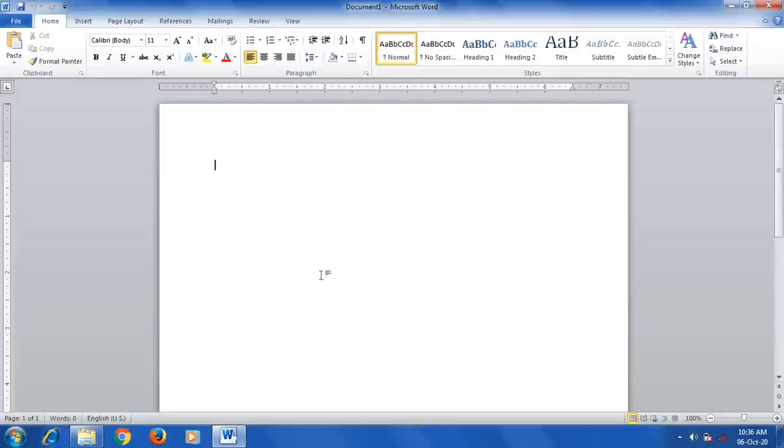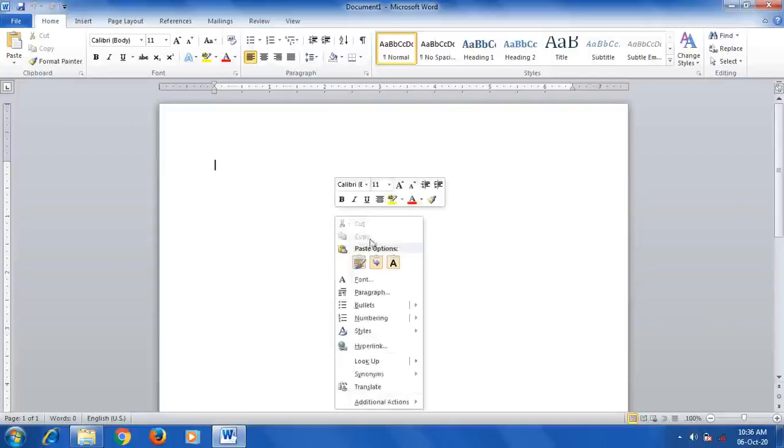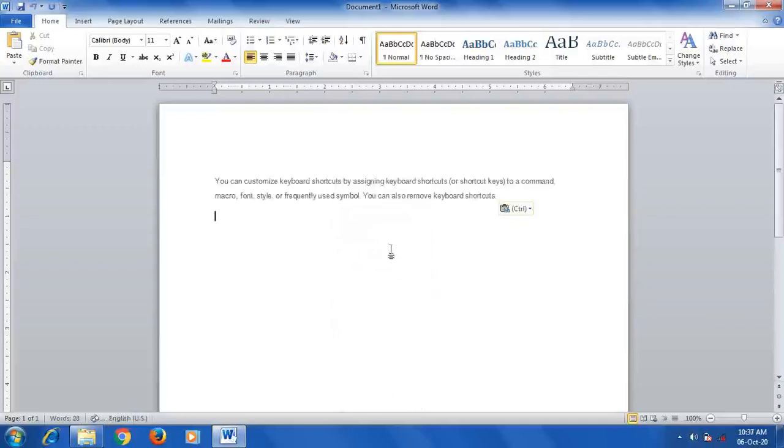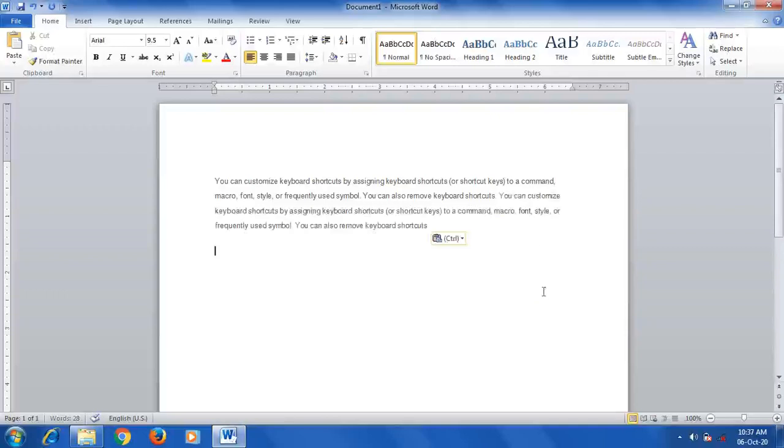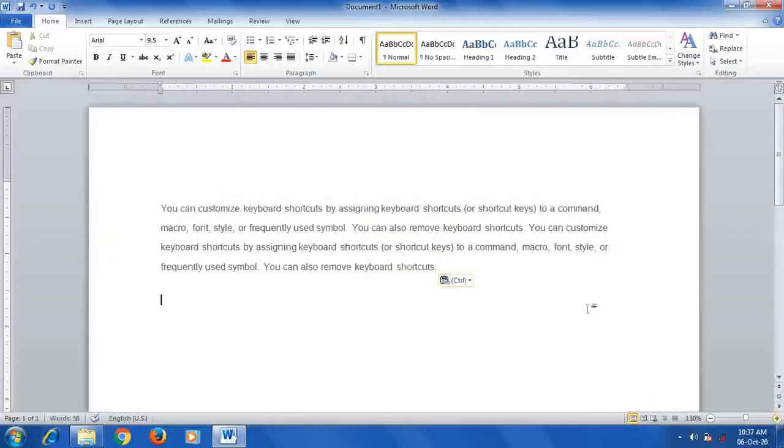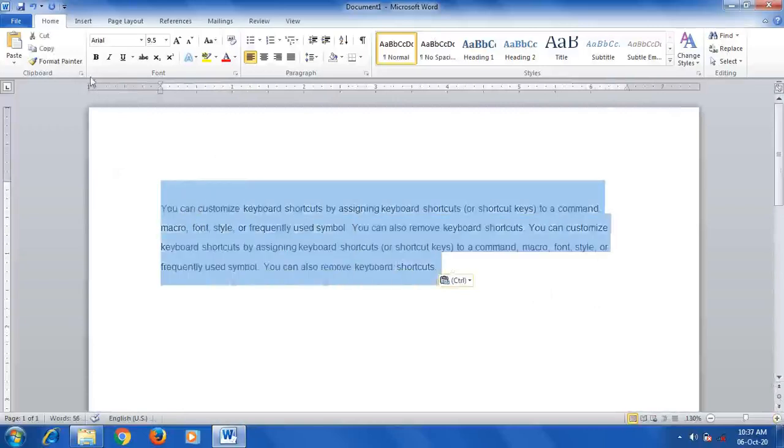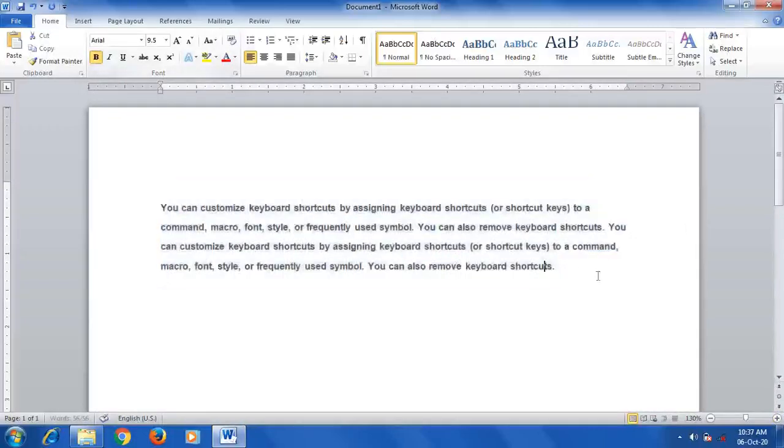Thesaurus helps us to improve our vocabulary by providing a list of synonyms, words with similar meaning. Let me copy one paragraph. Okay, so this is one paragraph. Let me paste the same paragraph once again. Then I am increasing the zoom a little bit to display the text very clearly.